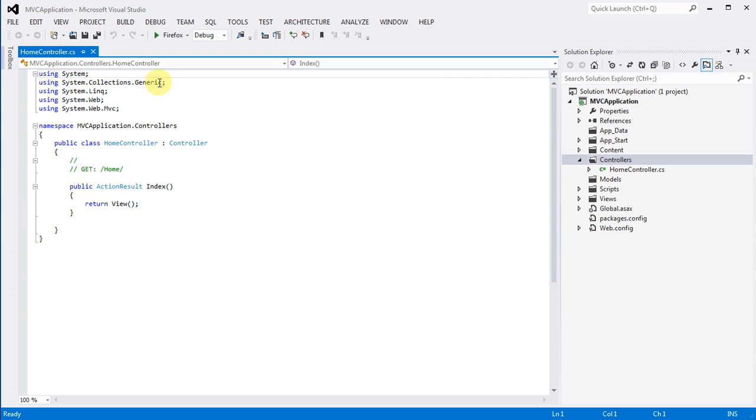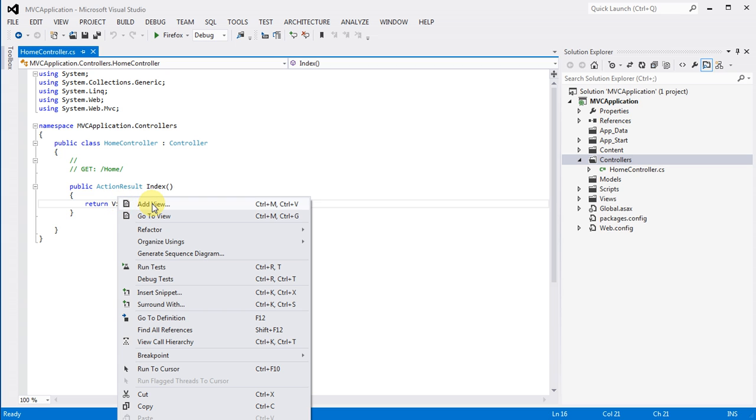Let's see, the home controller is added in the controller folder. This is the one default action method over here, index. When we call this index method by calling this home controller, this action method, it will return this particular view. One more thing, on the basis of this view we are going to add a view over here,